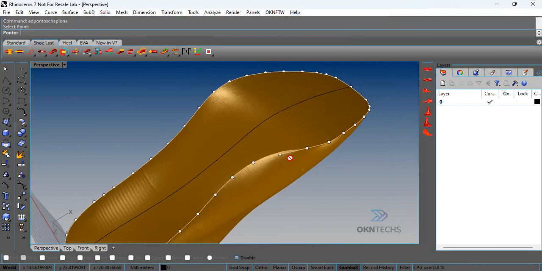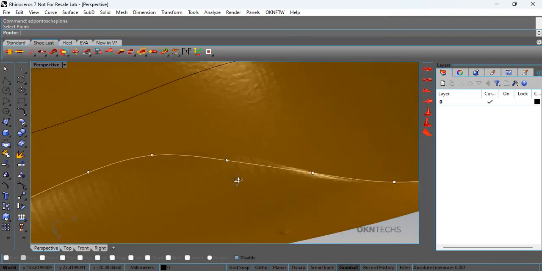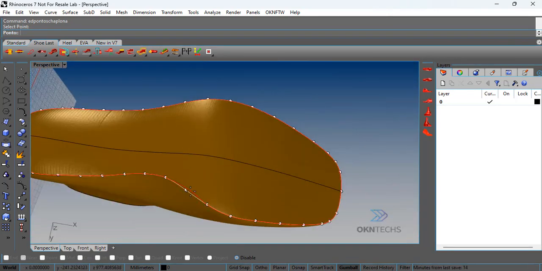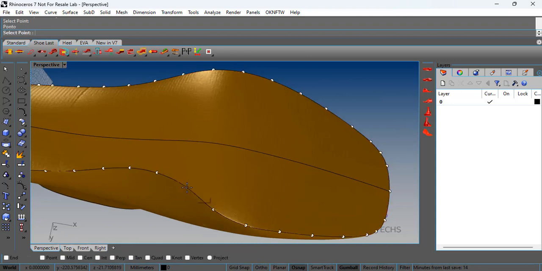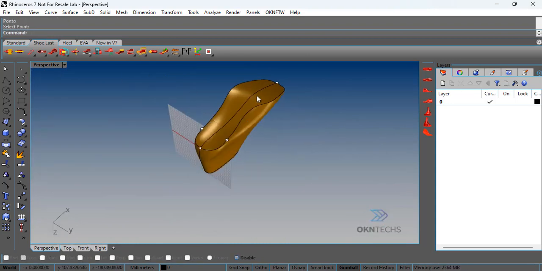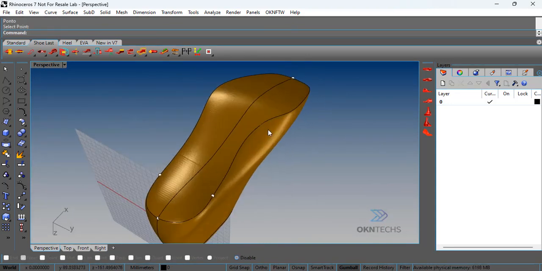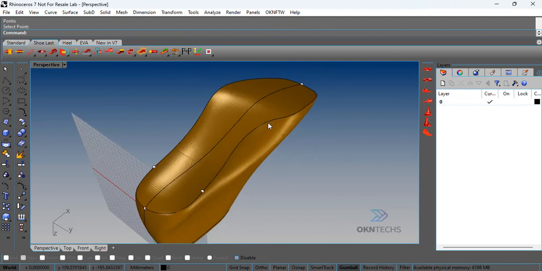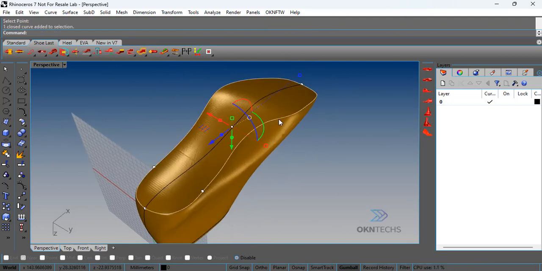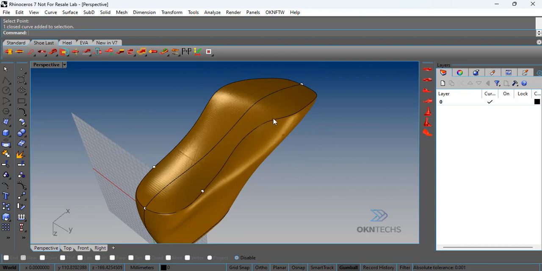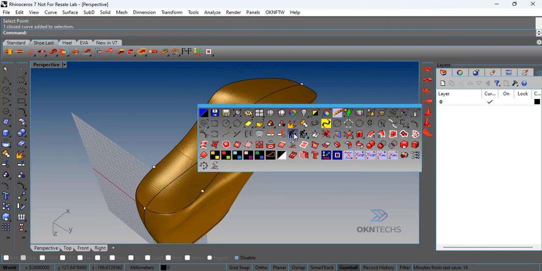So the insole was created. Maybe just move that point a little bit. It's good to just turn the last, see it on different views, so you are sure about how the center line was created. And the next step, let's rebuild this center line